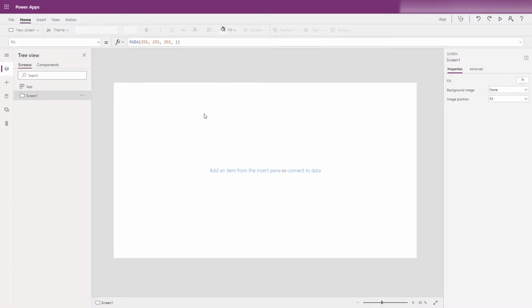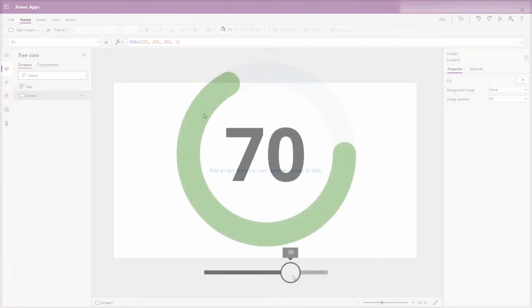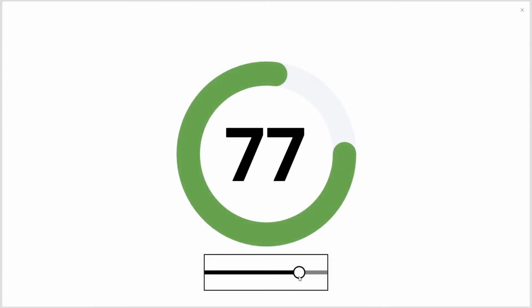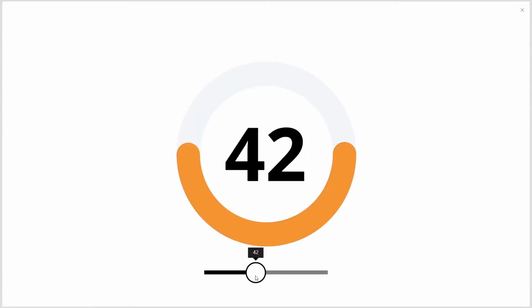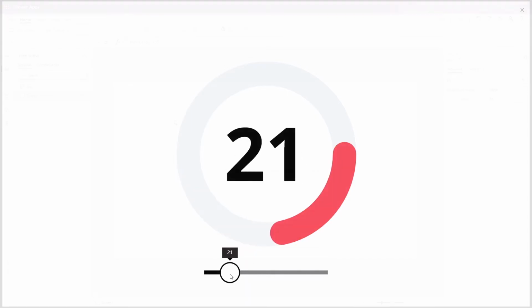Hi everyone and welcome to PowerApps Roadmap's quick guide to SVG images, and today we're going to make a radial progress bar using SVG stroke,